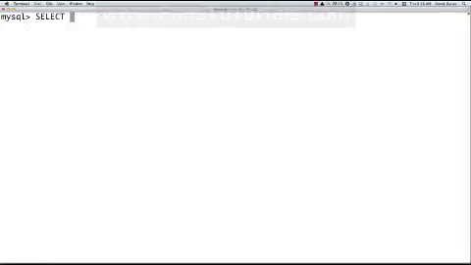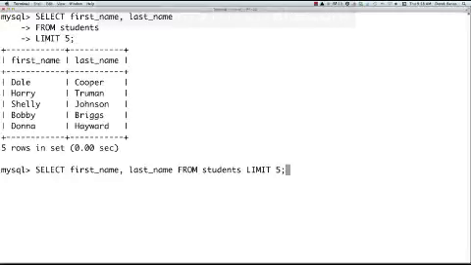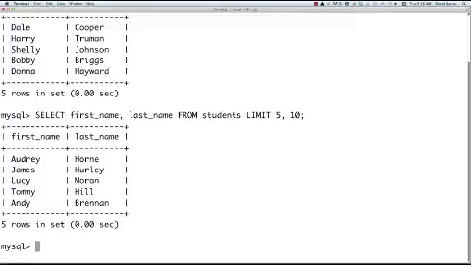Just another weird query. If you want to limit the amount of data that you're going to get to say the first 5 results, just type in limit 5. If you then wanted to get the next 5, you would just come in here where the 5 part is and type in 5 through 10, and there you can see you get the next 5. Now these guys are kind of messy where you see first name and last name, so there's a couple different ways that we can